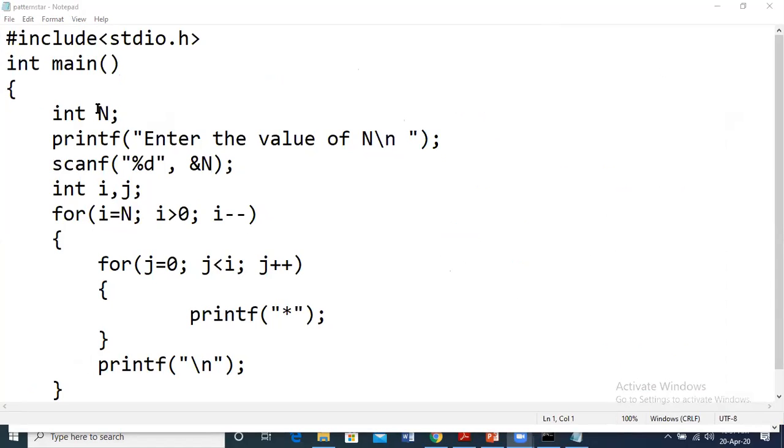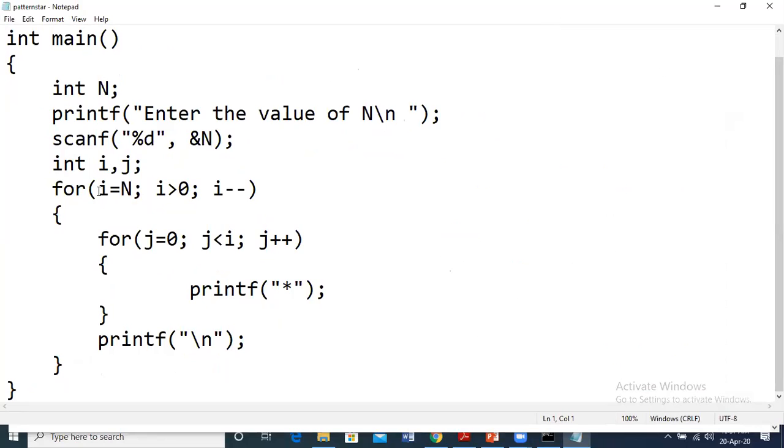So we have declared n and then take input for n number of rows, declare i and j as well. Note here you can declare this inside the loop also, right? Or a for loop can be given only with semicolons. So you'll see examples also. In some examples all these are optional, only semicolons can be given like this. So you can delete all of this. Just give semicolon, semicolon, right? That we will see later on. So i starts from capital N and then we have the condition as we just discussed for this pattern, right?